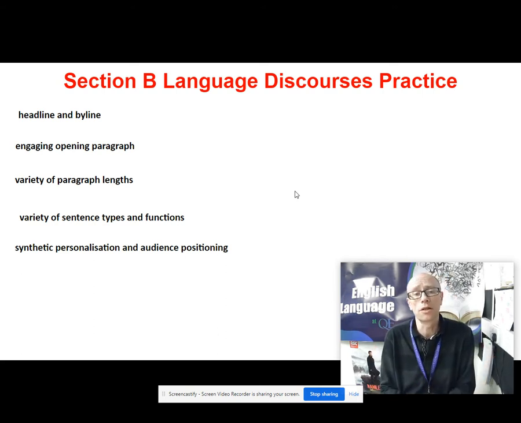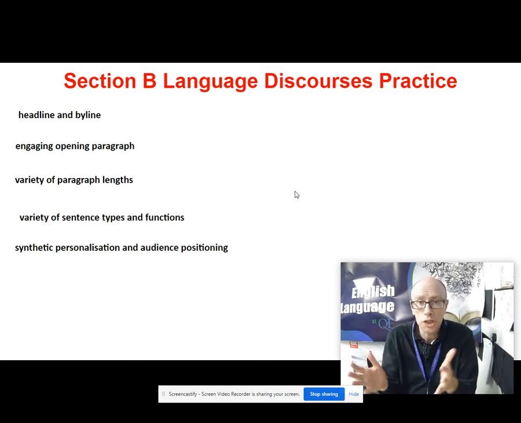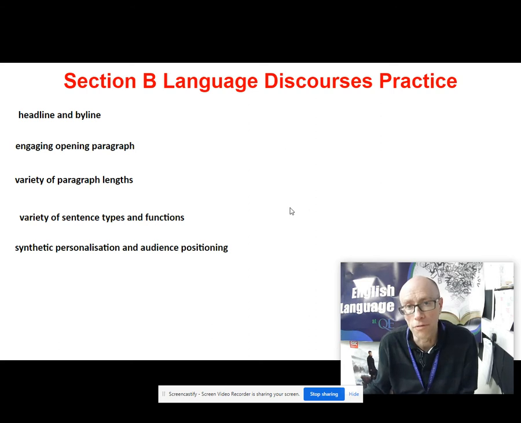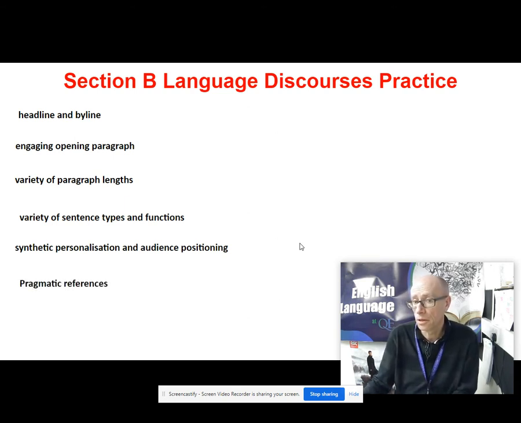You're trying to do this thing called synthetic personalization. You're trying to create the illusion of a relationship between you and the reader. So you're shaping and positioning the audience's response. You're not just relaying a whole load of information, you're trying to get your reader to think and feel in a certain way. You will have some kind of cultural references presumably going on in your article,